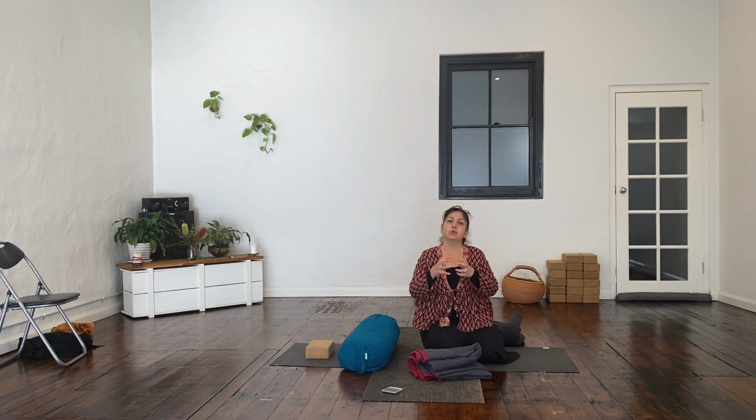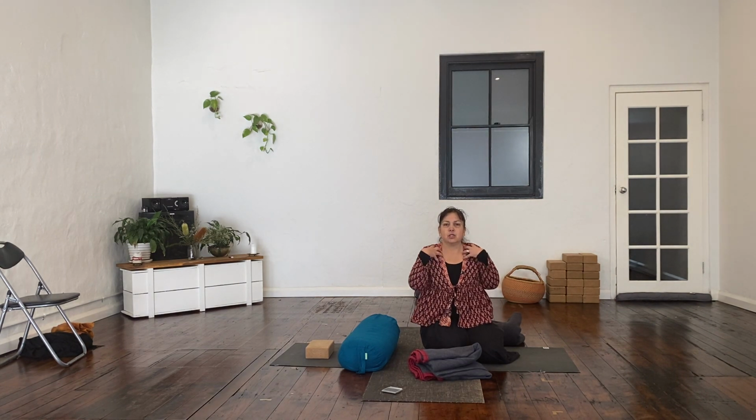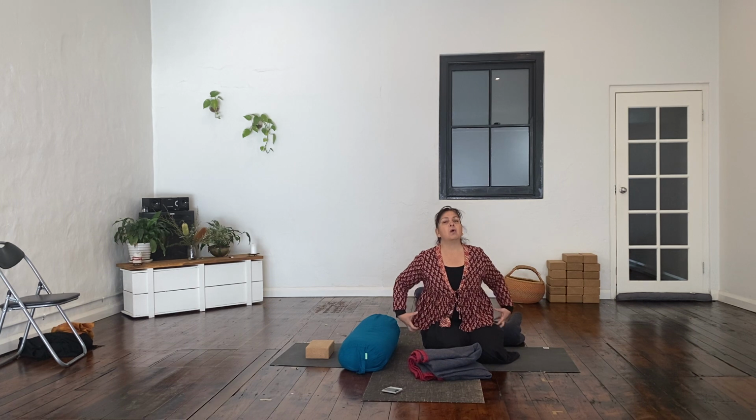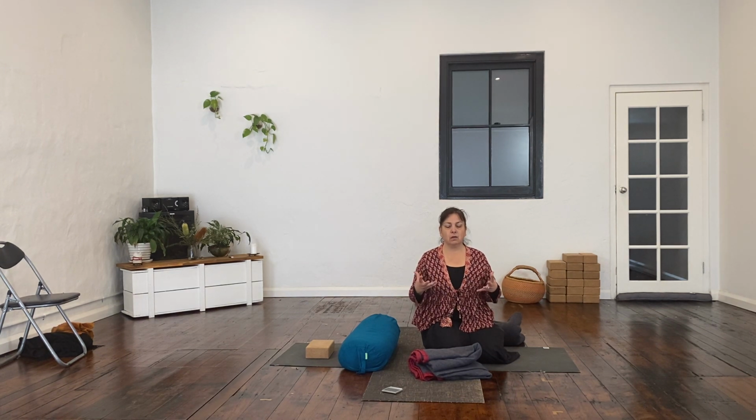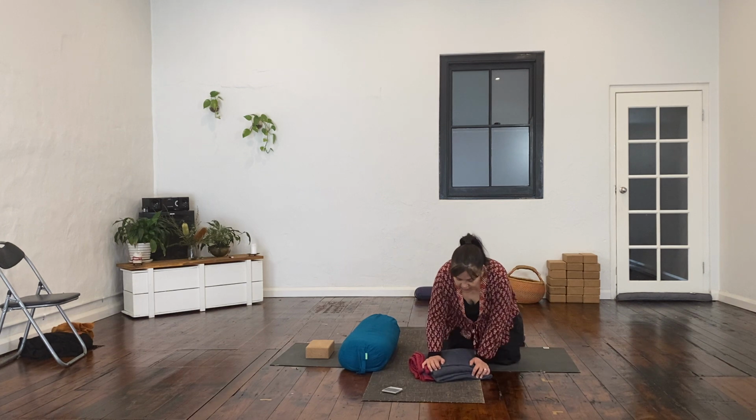Because often in life, we're doing, and there may be many experiences or circumstances that we find confrontational, and without even realizing, our body contracts and holds. And we may become so used to it, we're not even aware that our jaw is slightly clenched, that our shoulders are up, that we're contracting forward to protect all the front of our body, and that we're holding stress within the legs and the hips. So this is where, if we can really make ourselves feel cozy and nurtured and nourished by the props that we use and the space that we're in, it allows the body to slowly unfurl, and also integration of heart, mind with the body. So once you're ready,